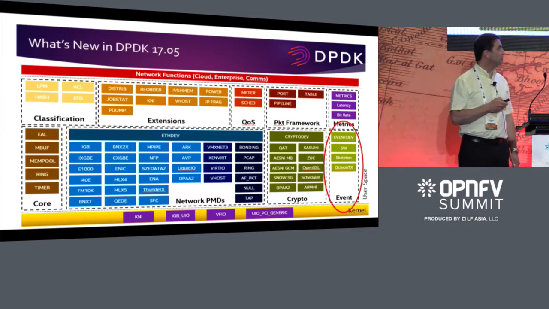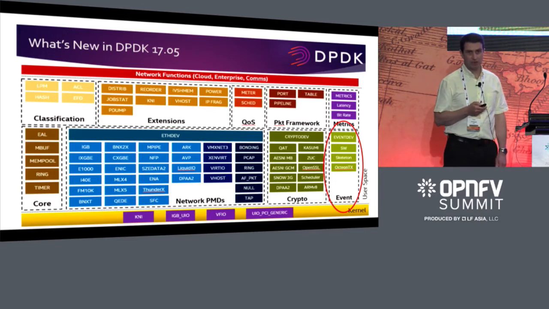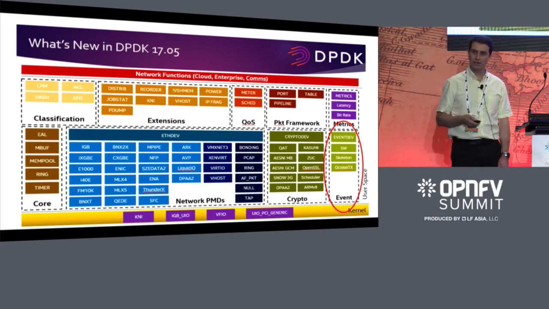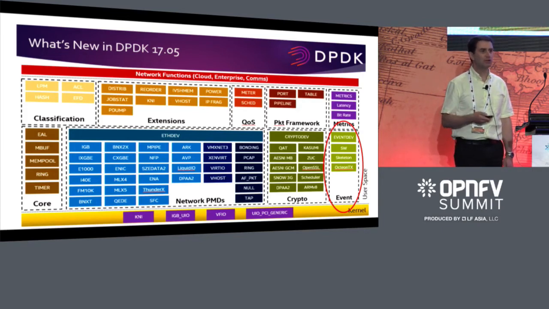The next thing that's new in 17.05 is the Event Dev API. Historically, DPDK has operated on a polling model where the poll mode drivers are constantly polling the Ethernet devices looking for packets. The Event API operates in a different way. As the name implies, it's an event-driven approach. Instead of polling for packets, a core will make a call to a scheduler process, and the scheduler will determine what traffic to allocate to that particular worker core.